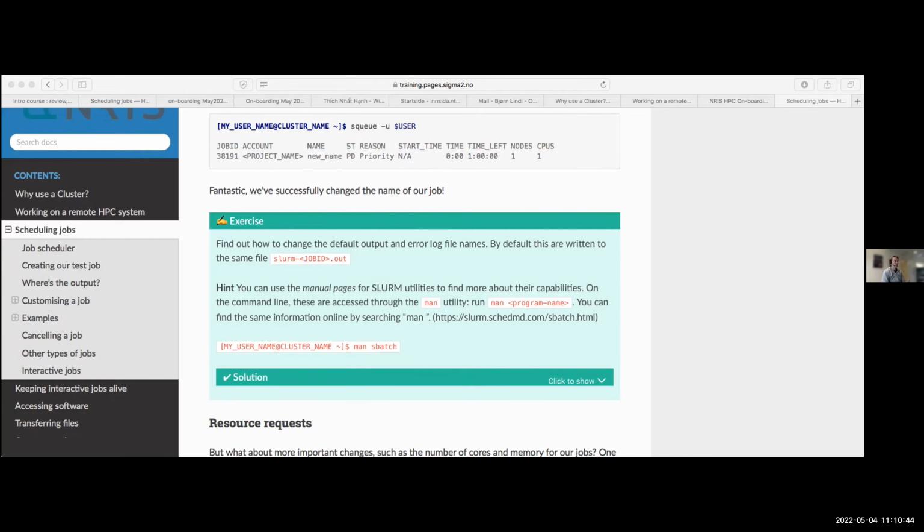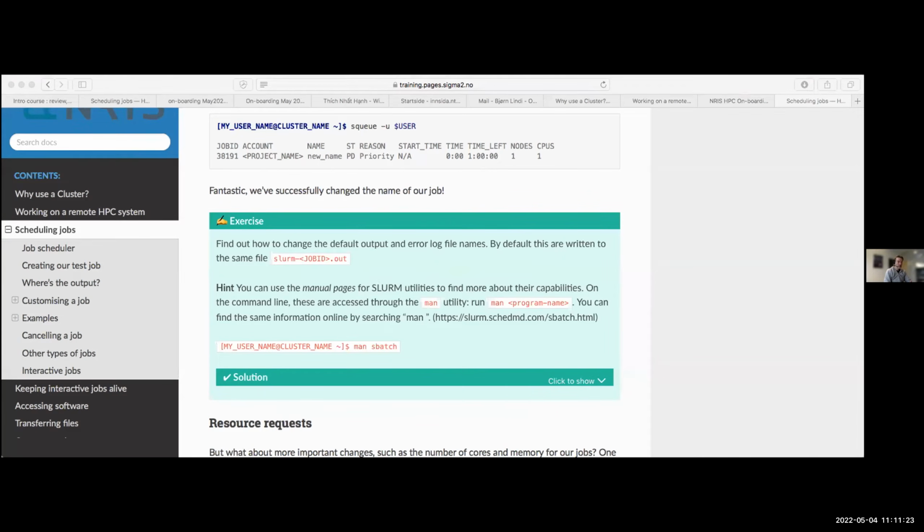So now it's your turn to create jobs. As an exercise, do what Sabry has shown you, create a job, and then submit it to the batch system and see it run. And then as an extra step, you could change the output file to something else.